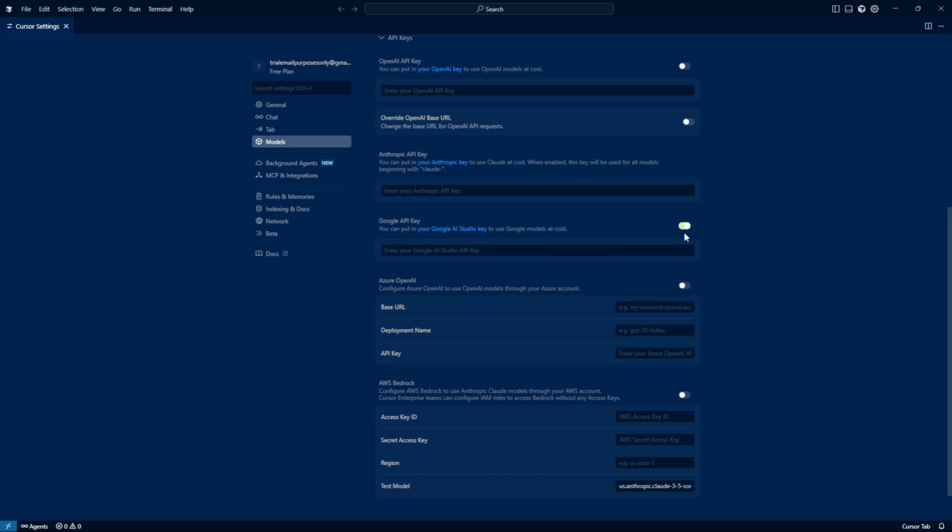Finally, when you start a new chat or project in Cursor AI, you'll be able to select a Google model. This option reflects successful integration and ensures that your Google API key is operational, allowing you to leverage Google's technology within Cursor AI. And there you have it, a smooth and straightforward way to add your Google API key to